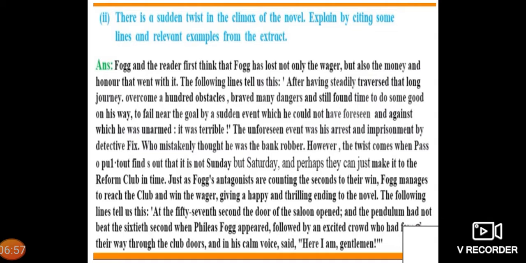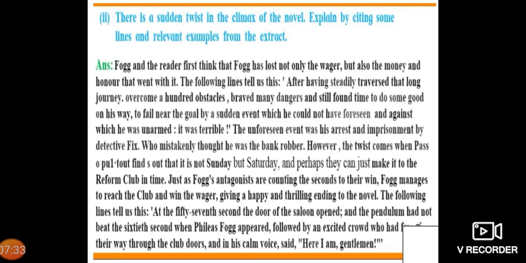The following lines tell us that this brave man, after having steadily traversed that long journey, overcome 100 obstacles, braved dangers, and still found time to do some good on his way, failed near the goal by a sudden event which he could not have foreseen and against which he was unarmed. It was terrible. The unforeseen event was his arrest and imprisonment by Detective Fix, who mistakenly thought he was the bank robber. However, the twist comes when Passepartout